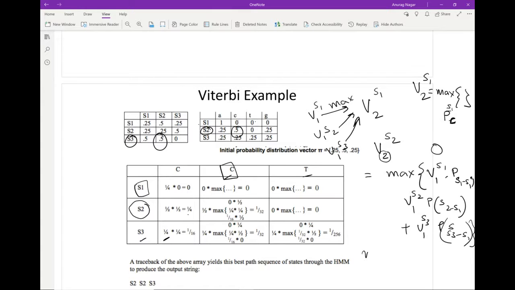The first term is 0. The second term is 1 over 16. The third term is 1 over 32. So which is the max? Well, the second is the max. So 1 over 16, the second term, multiplied by 1 over 2, so you get 1 over 32. Now you can use the same logic to figure out this term, how to figure out the probability